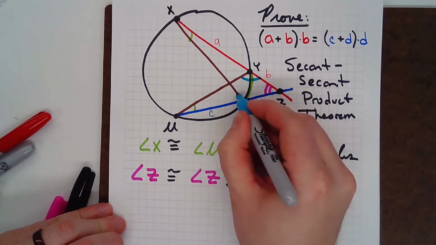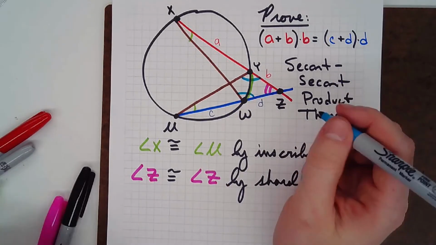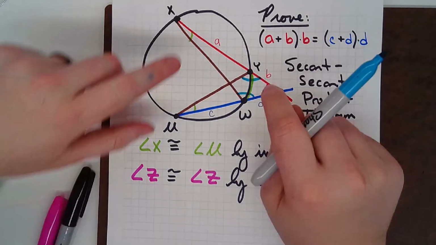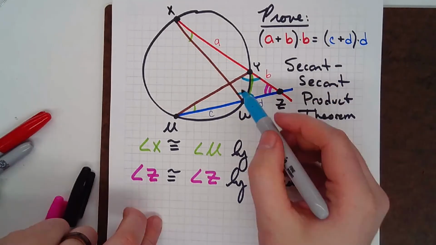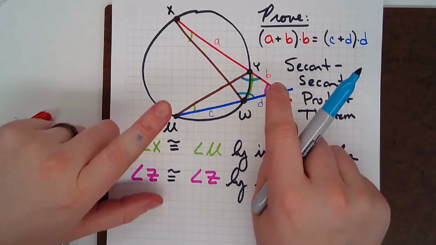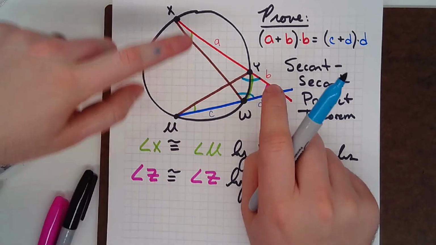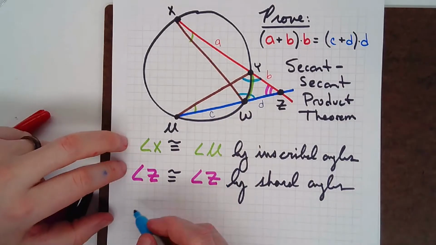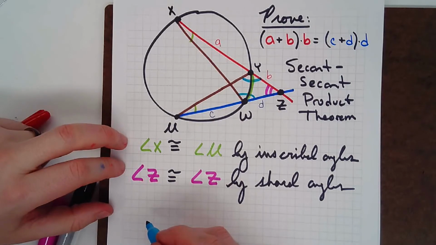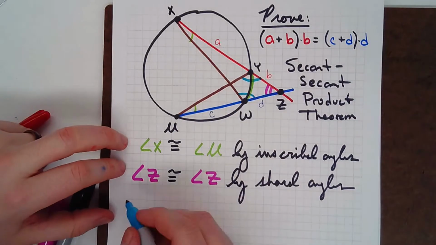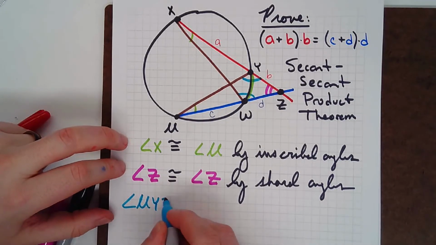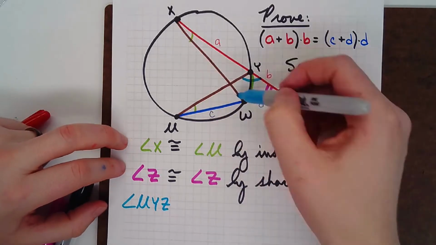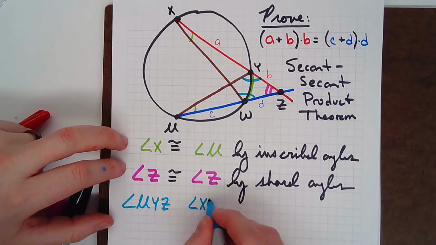We know that the remaining angle here with this guy is going to be a certain amount, 180 minus whatever these are. And the same thing for this angle right here for this triangle. It's going to be 180 minus whatever these are. Because these are the same for both triangles, whatever's left over after subtracting them from 180 will be the same for both. So these two angles, let's call them angle UYZ and angle XWZ, are going to be congruent, and we can say, just by algebra,